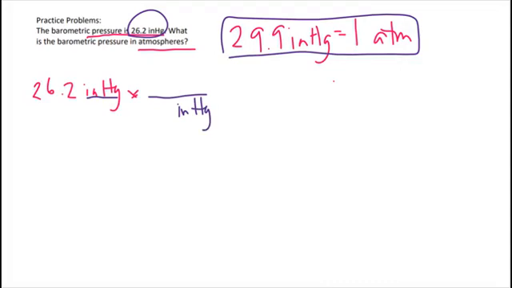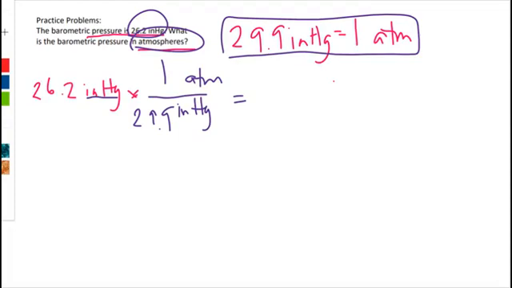And remember, also, what I want over what I got. What do I want? It tells me I want atm. We know that 1 atmosphere is equal to 29.9 inches of mercury. So then we just need to plug it into our calculator, and my calculator will tell me 0.87625